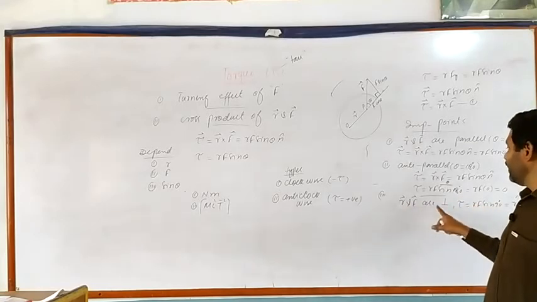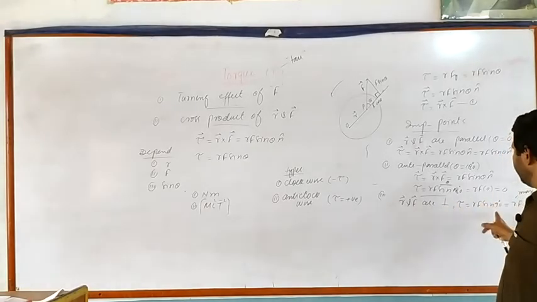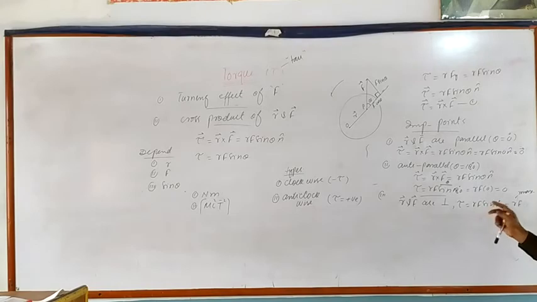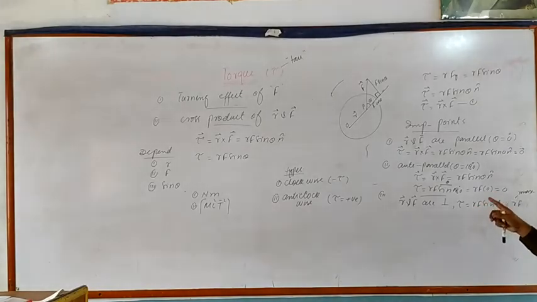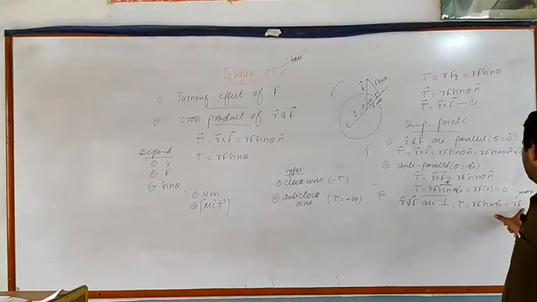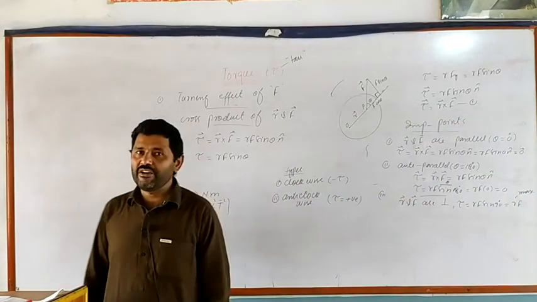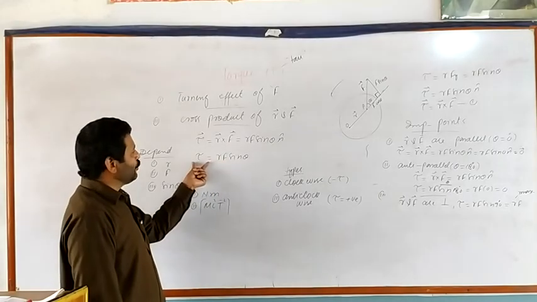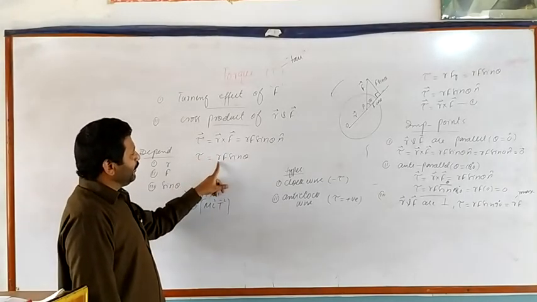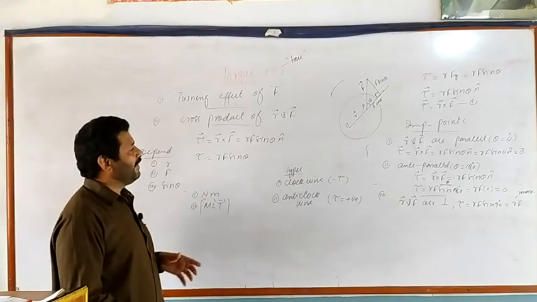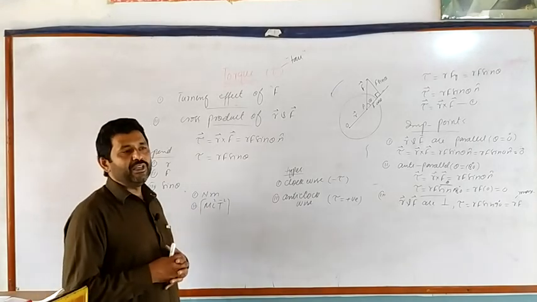When vector r and vector f are perpendicular, the angle between them is equal to 90, and the line of action of force does not pass through the pivot. The object will rotate with maximum effect and torque will be maximum. Similarly, the magnitude of r and the magnitude of f are the two factors on which torque depends. Torque is directly proportional to r, and torque is directly proportional to f. The greater the value of r and the greater the value of f, the greater the torque.